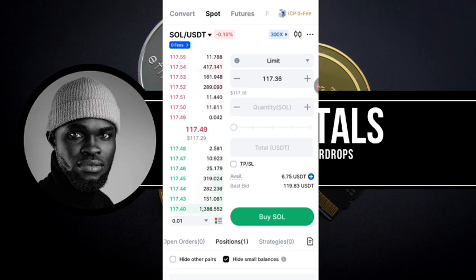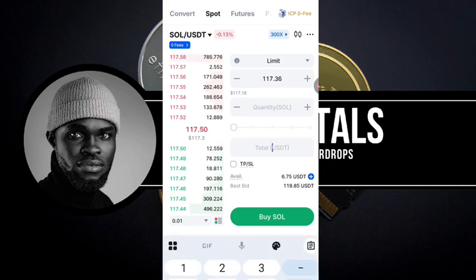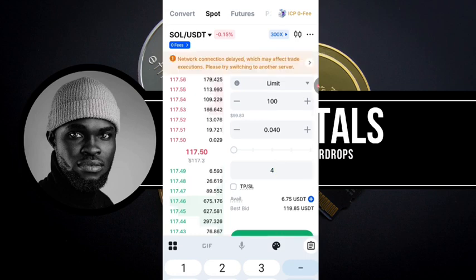So let's do this example. Now we're using Solana. You can see the current price, based on the way the market is fluctuating, is $117.36. That's the current price of Solana. And I want to buy Solana when it gets to $100. When Solana gets to $100, that's when I want my trade to be executed. And I want to buy $4 worth of Solana. You can see I've chosen $4 worth of Solana, and I want the trade to happen when Solana dumps